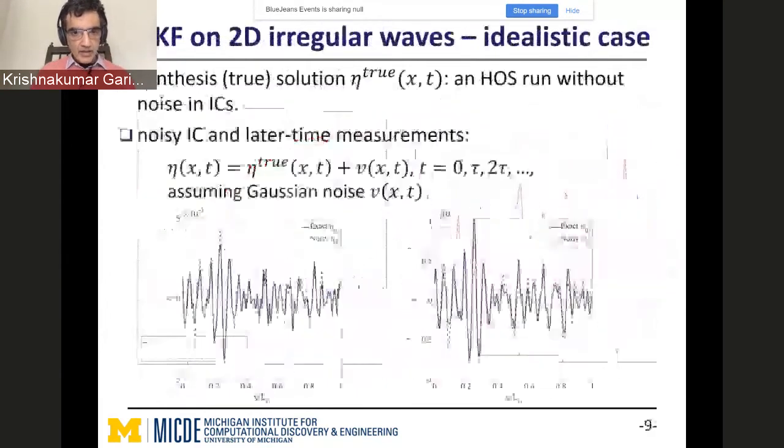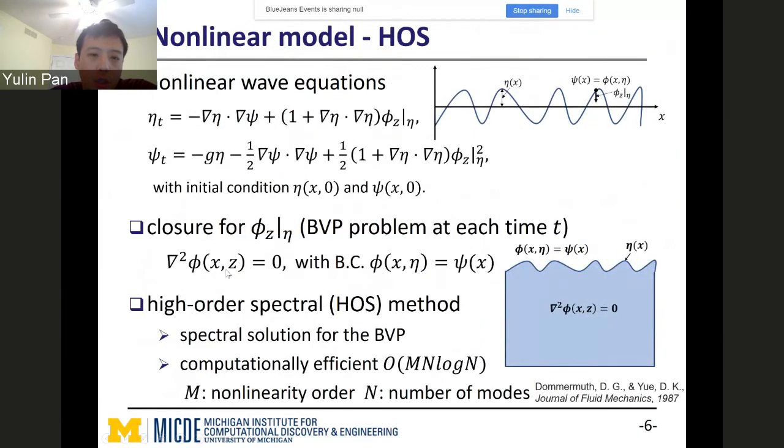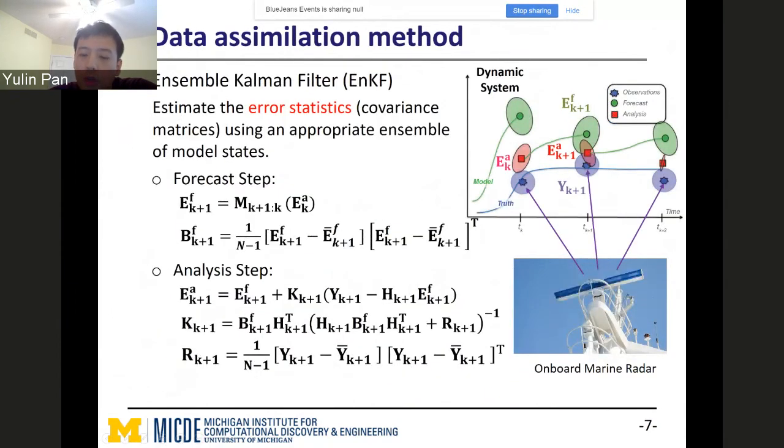Yeah, so basically the radar will provide a measurement of the surface elevation, which is the parameter eta in the equation. In our forecast step, we will get eta as a function of t at that particular time instant where the radar data comes in. In the data assimilation, we update eta according to the Kalman gain equation, and then we also update psi using an estimation also from the radar. So basically, the radar provides the solution of eta and an estimation of the solution of psi.